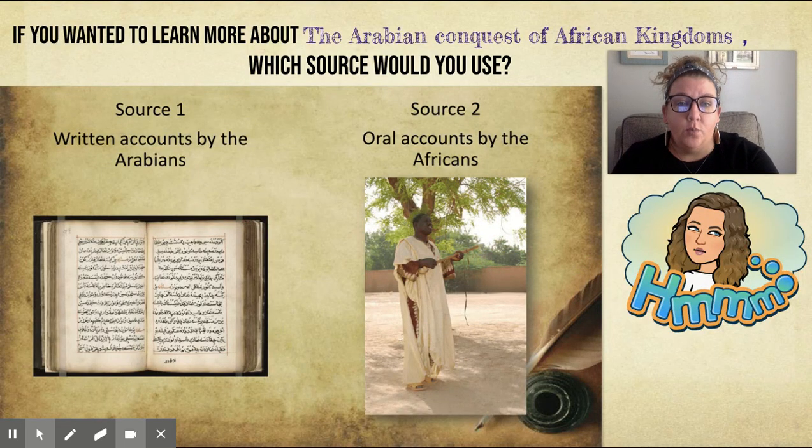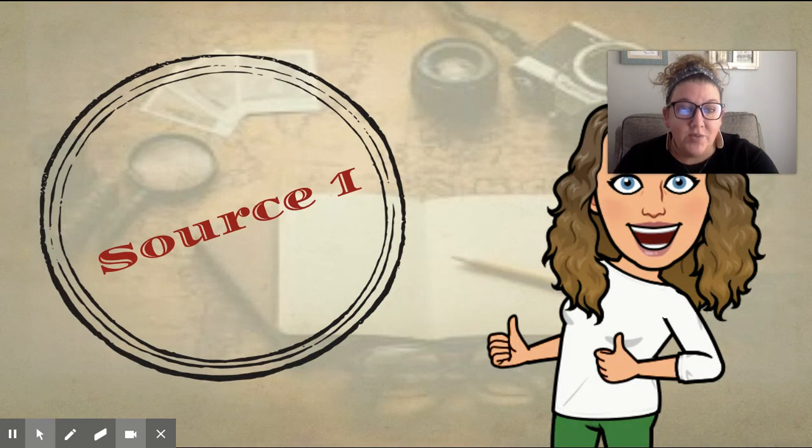If you wanted to learn more about the Arabian conquest of African kingdoms, which source would you use? A written account by the Arabians or oral accounts by the Africans? Now, this one is tricky. You would want to go with source 1. However, that doesn't mean that you should discount source 2. Source 1 is better in this case for the reason that written accounts tend to be